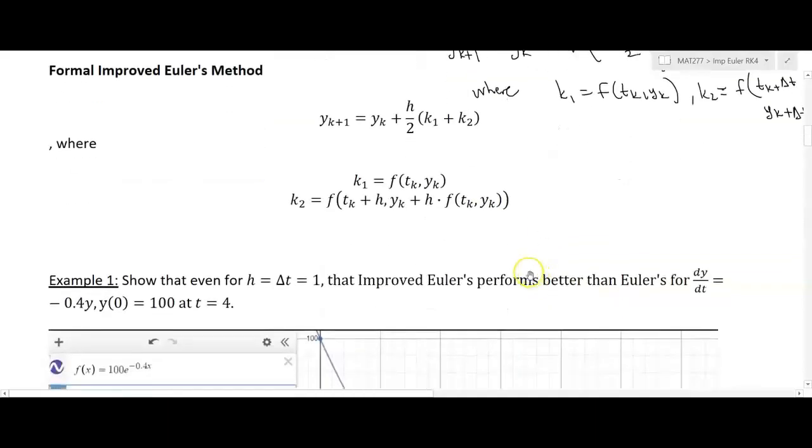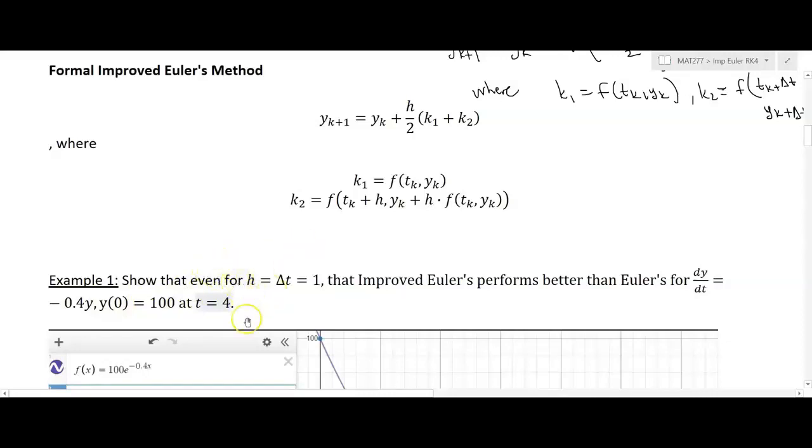So let's take a look at an example. Let's compare Euler's method to improved Euler's method and see that it performs better for this equation, dy dt equals negative 0.4y, with y of 0 being 100, our initial condition, and we want to compare these two processes at